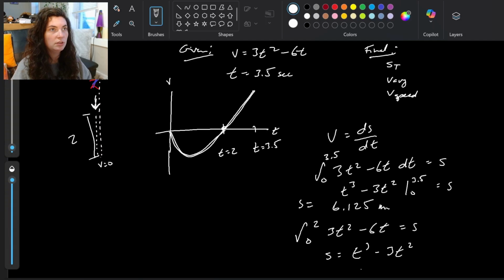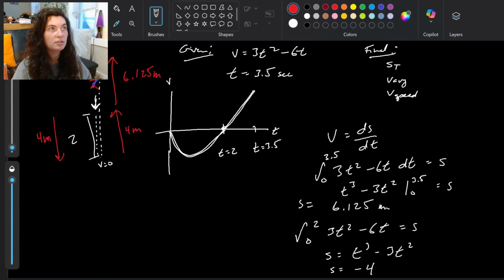Plugging in 2 gives me a position of -4. Right, so we have to account for the fact that he goes downwards by 4 meters, comes back up by 4 meters, and then ends up in his ending position